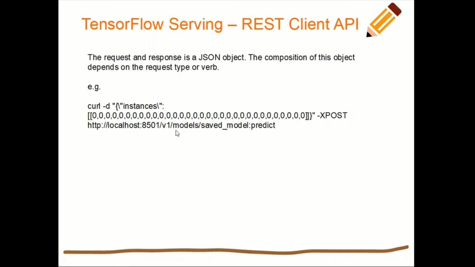This is the URL of the deployed model, and this is the verb which decides what we are expecting the deployed model to do. In this case, we are saying that we want to predict the outcome based on the input data that we are giving to it, right? So two options for invoking the deployed model: one is gRPC, second is the REST client API. Okay,